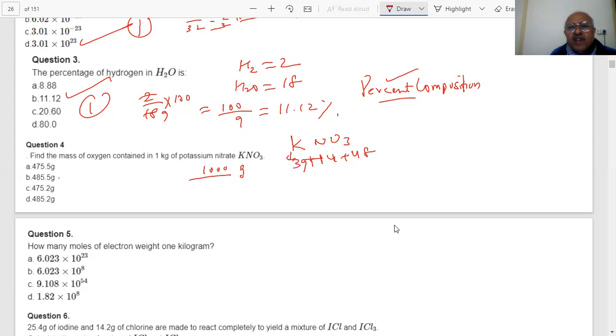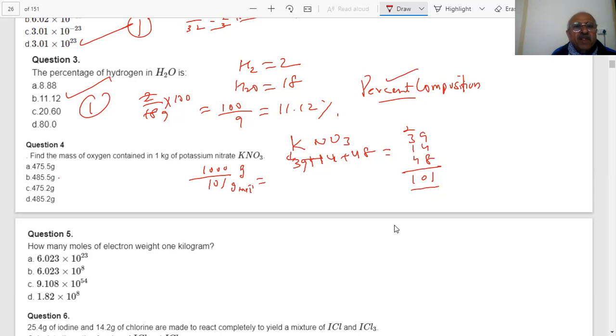So how much is this value coming, students? Approximately how much are you getting? 10 moles. If I say 10 moles, students,